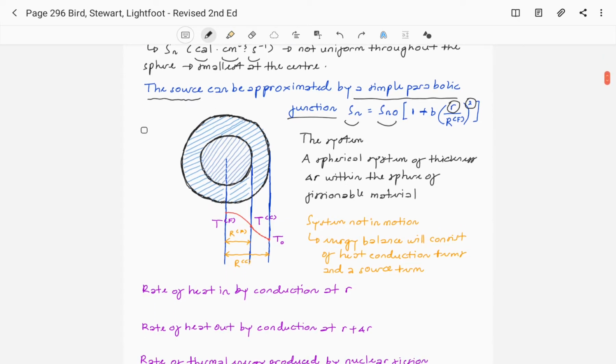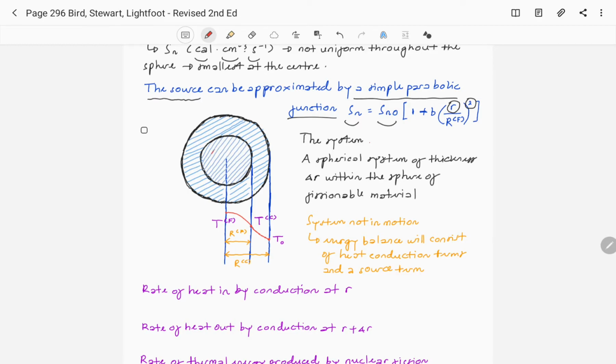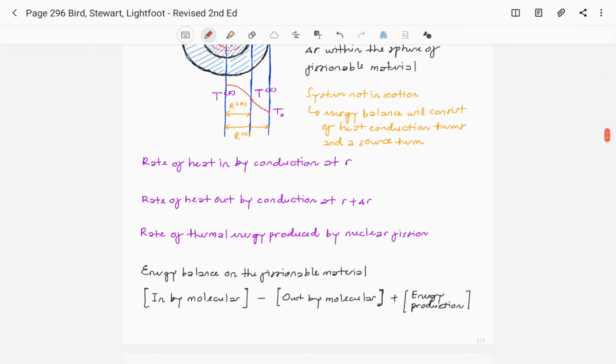So our system here is a spherical shell of thickness delta r within the sphere of fissionable material. If I draw it here, we take a circle. We assume that this is a sphere, and in this section we only draw the cross section of the sphere. Then this has a particular radius of r, and a thickness of delta r. The system is not in motion, so the energy balance will only consist of the heat conduction term